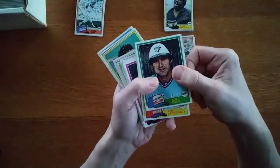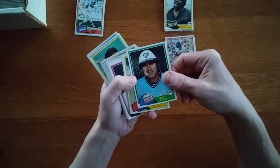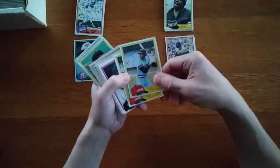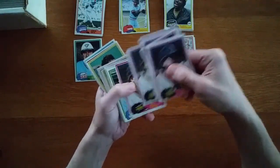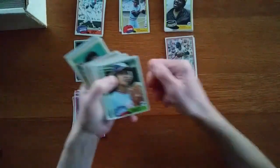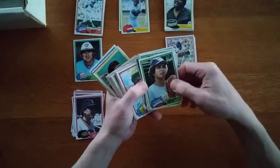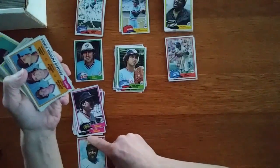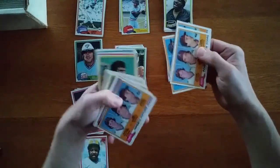So I think a lot of people have been going back through their collections here during the lockdown period. So there's a Blue Jays card. It's Kenny Landreaux. So we'll see how many cards we want to go through here. Tigers. So we're breaking these into teams. And so this is fun, but it also can get you sorting your team sets,